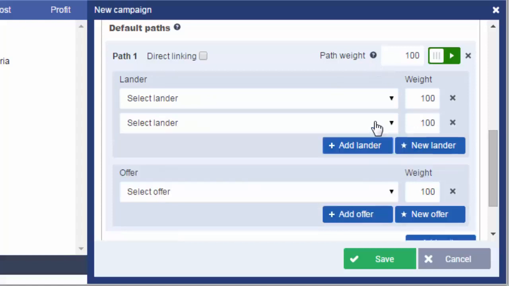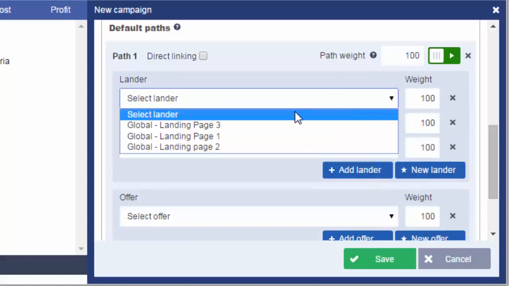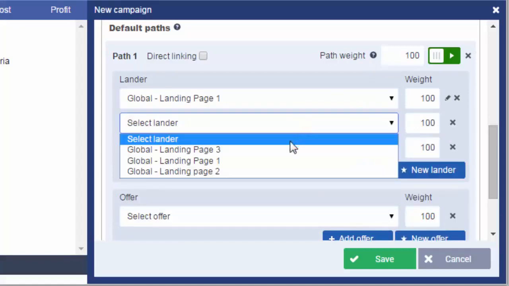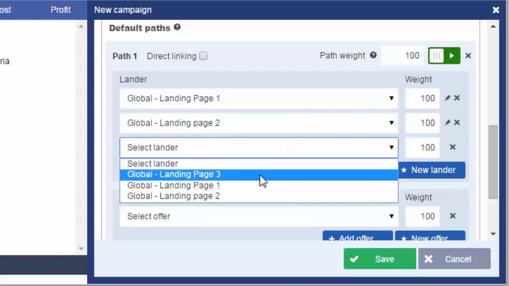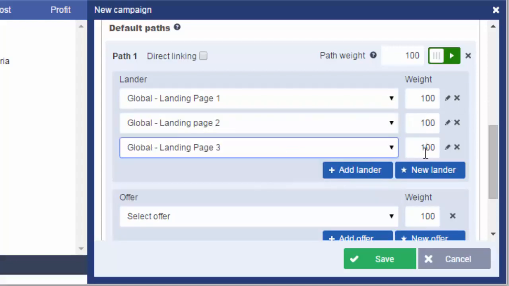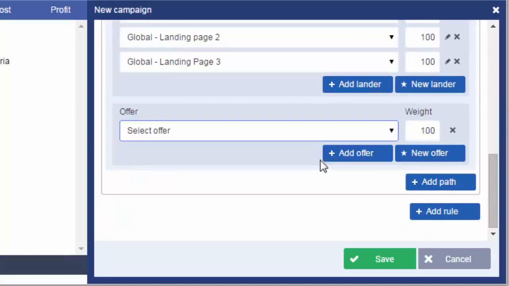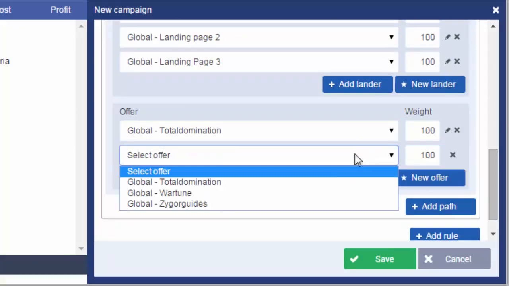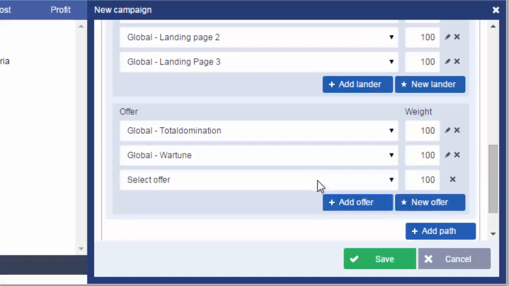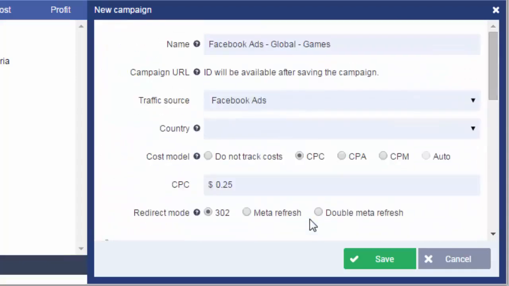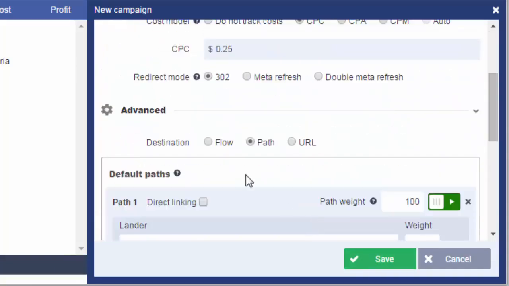So we add landing page 3, we choose landing page number 1, landing page number 2, and landing page number 3. The weight will be equal. Then offer total domination, the second offer fortune, and the third offer Zigor. So we complete, click save,